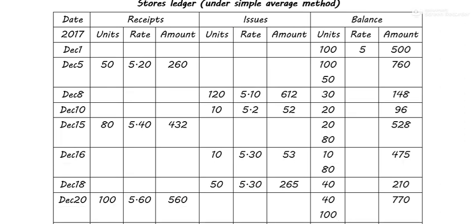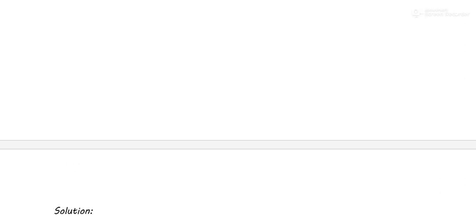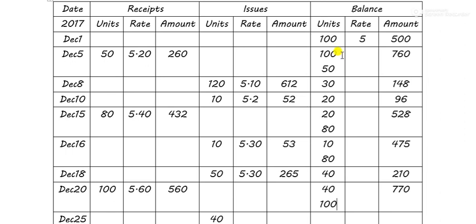Okay, so to make things easier for you, what I have done over here is I have separated the lots. I had 100 units in the start, I purchased 50, so we have 150. I issued 120, so this 100 is gone and 30 is left from 50 units, correct? Then we issued 10, only 20 units left. Then we purchased 80 units, so 20 units of this stock and 80 units of this stock is left.